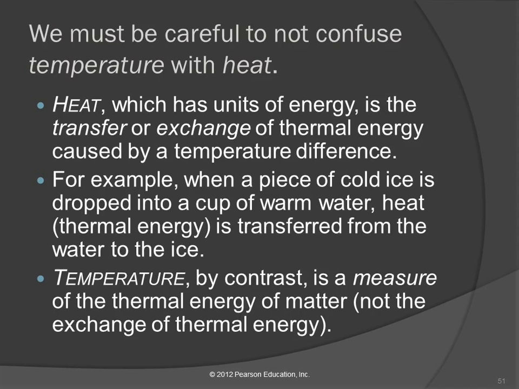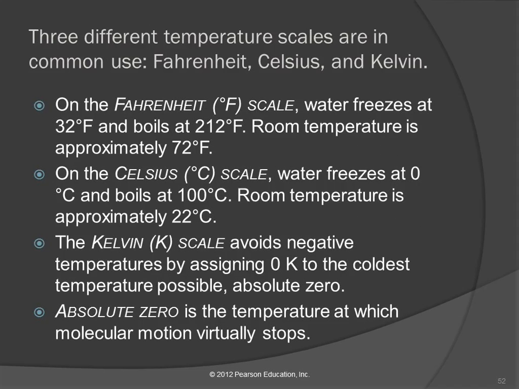We're tiptoeing into physics in this chapter in a couple different areas. This is really more physics than chemistry. Temperature scales. There was a little bit of this in that first lab we did, but now we're going to really talk about temperature scales. So there's three main temperature scales. Fahrenheit is what you're most familiar with. The weatherman says it's going to be 57 degrees. He means 57 degrees Fahrenheit. On the Fahrenheit scale, water freezes at 32, boils at 212.